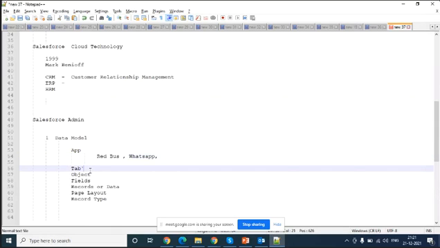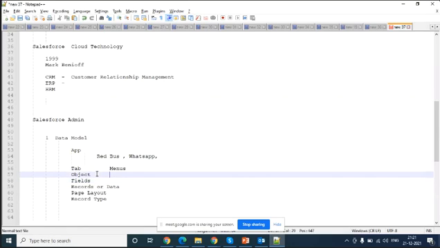So a tab is nothing but UI menus, text menus. An object is nothing but each menu connected with one database, which is called a table. You can think of Salesforce like Excel format.